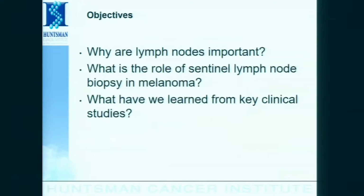So we're just going to talk about a few things today. Why lymph nodes are important. What is their role in melanoma? Many of you in the room or online may have already had this procedure done, to educate others about it. Then we're also going to talk just a little bit about what we've learned from studies about melanoma and lymph